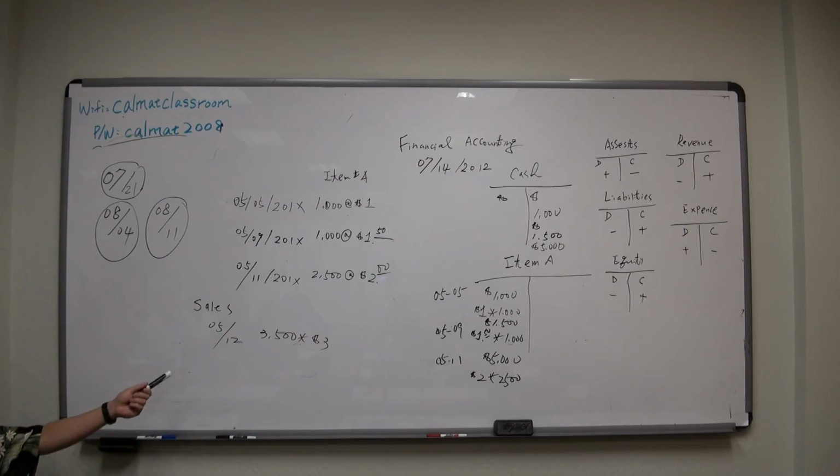So this is 10,500, right? Am I right? The sales total is 10,500, cash. So this part is easy. How do you enter it? Cash increase on the debit side, Revenue 10,500. The other one is easy, everybody. Revenue credit 10,500, assuming no bank charge, no return. Assuming, to make it easy. Okay, this part is settled, but